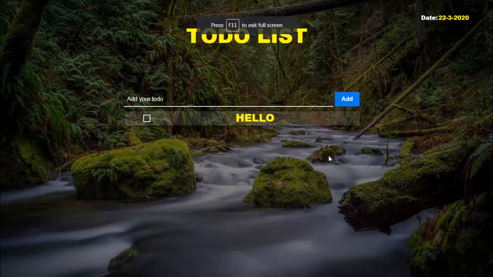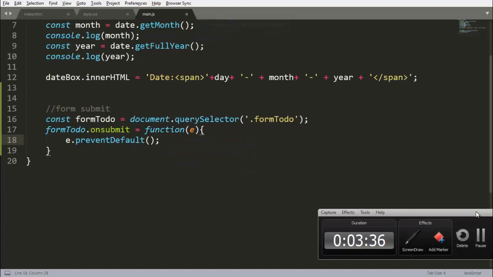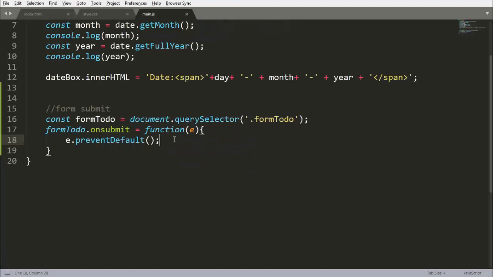Now there will be a constant here, and that constant will be the to-do value.